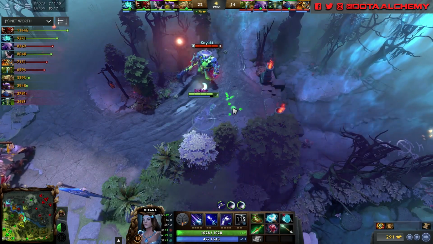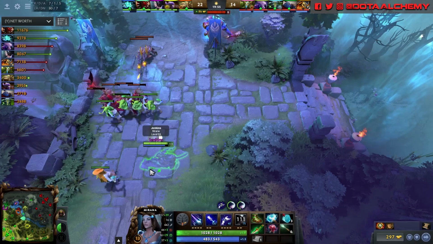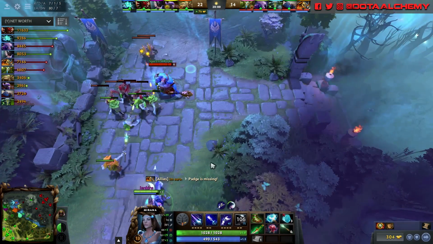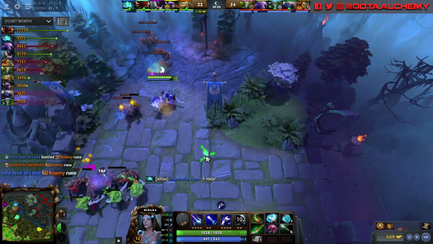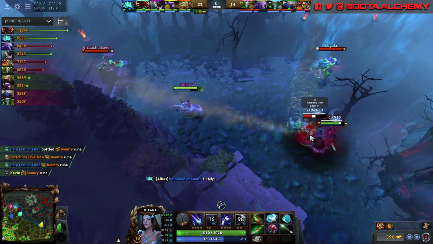No wonder I died twice in the same spot. You have to increase the speed at which you do things. You have to increase your map awareness, and you have to increase your ability to take and eat shit as you climb the ladder, because all three of those things will increase exponentially as you get better and play against